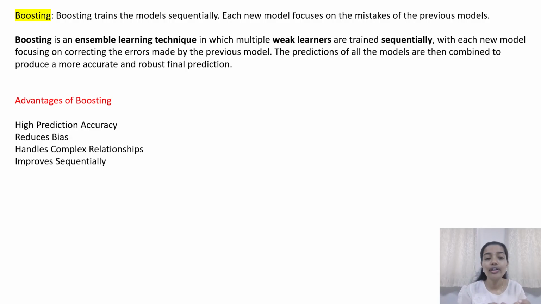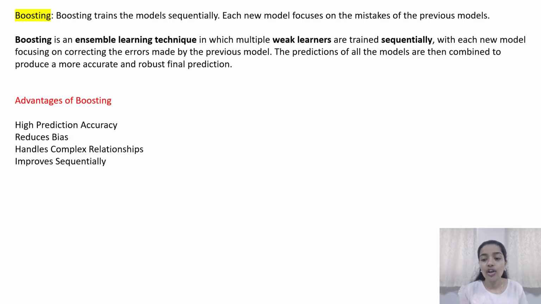So here we reduce bias. That means when we have a very simple model, boosting tries to remove that simplicity, or tries to overcome underfitting, and bagging tries to reduce overfitting. That is again a difference between bagging and boosting. Boosting can also handle complex relationships,